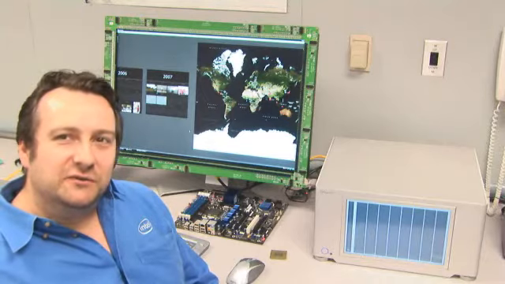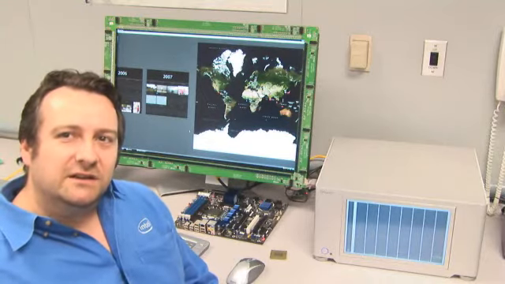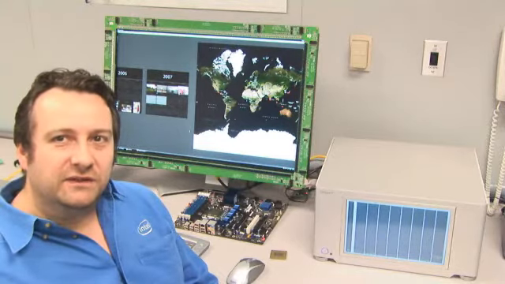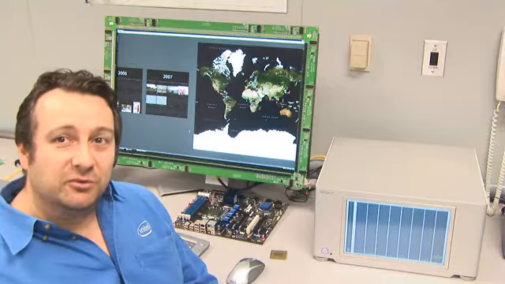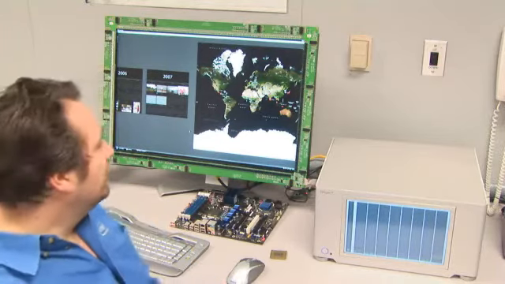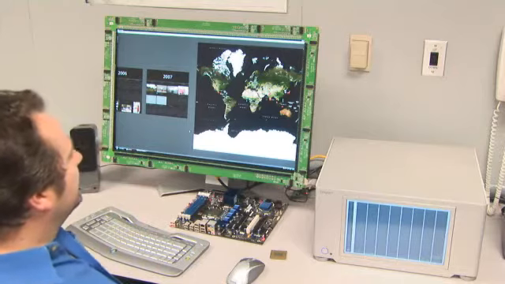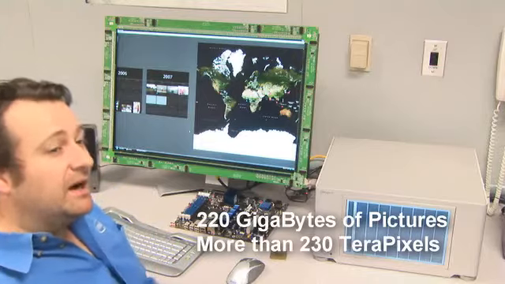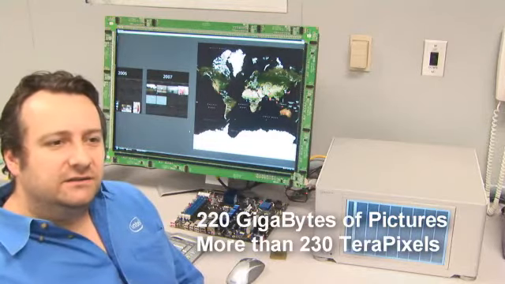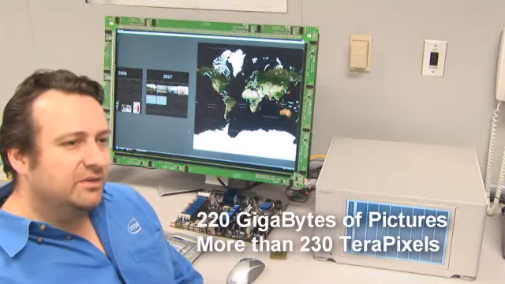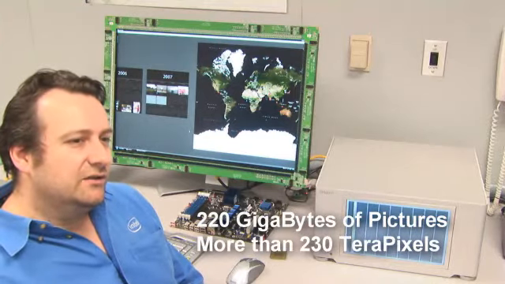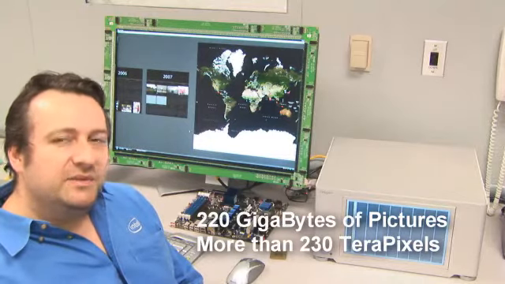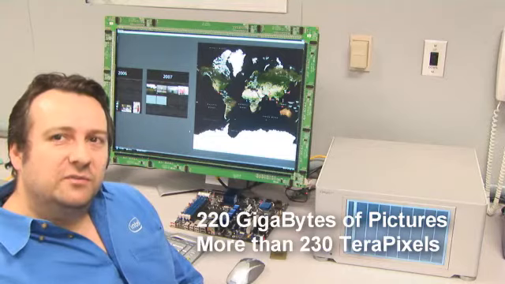Digging into the survey that we have at Intel, we figured out that less than 1 picture out of 100 is ever seen again. So we thought that, well, we need to do something for the people who take pictures. So here's a little program that will solve these things. Here I'm manipulating about 220 gigabytes of pictures, and out of those 220 gigabytes, I will be extracting almost 230 terapixels. You have about 7 terapixels coming from videos, and the rest coming from